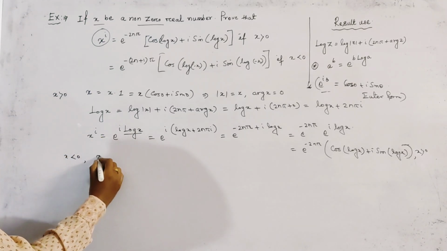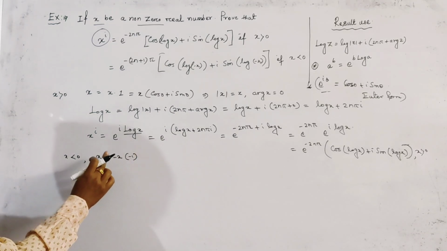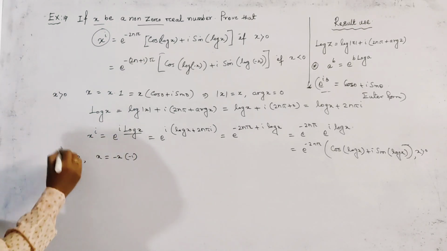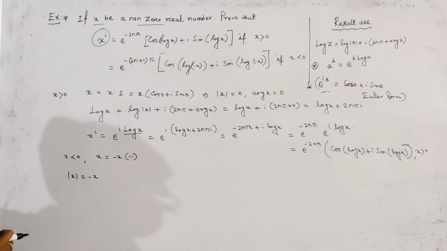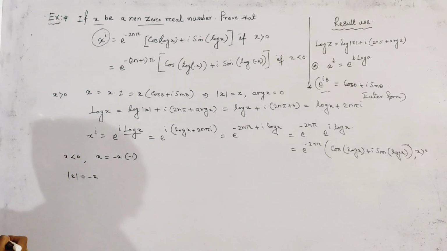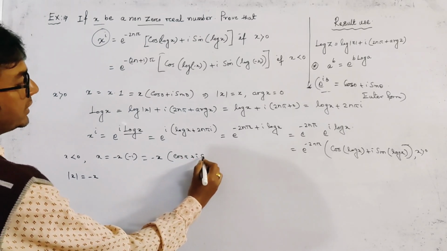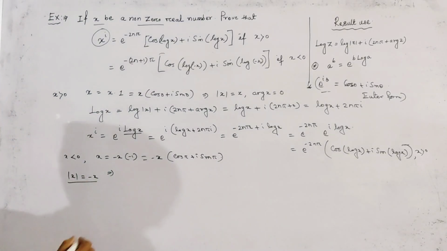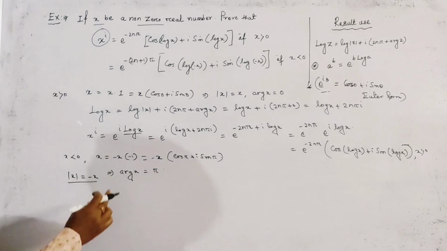then it is clear that x can be written as (-x) into (-1). Why do we write x as minus x into minus 1? Because here mod x is equal to minus x, since the modulus of any number is positive, and since x is negative, we give another minus, so minus x is positive. And now we write minus x into (cos π plus i sin π). So we write mod x equal to this, and argument of x equal to π here, and putting the same